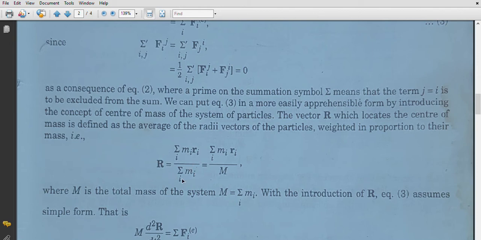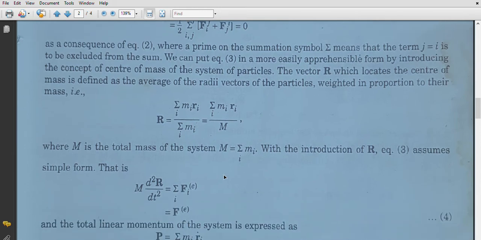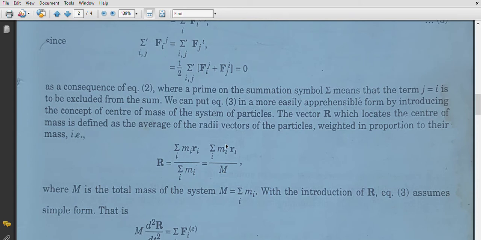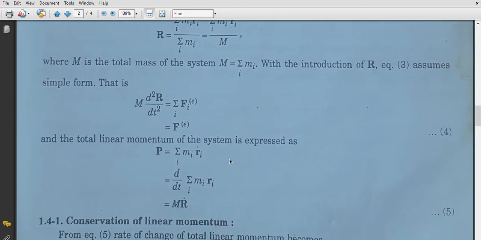Here summation mi represents the total mass of the system. Now I am putting my expression, Newton's second law, in terms of capital R, that is the center of mass. So my Newton's second law becomes M d2R upon dt square is equal to F external. When it is written in the form of linear momentum, total linear momentum will be equal to